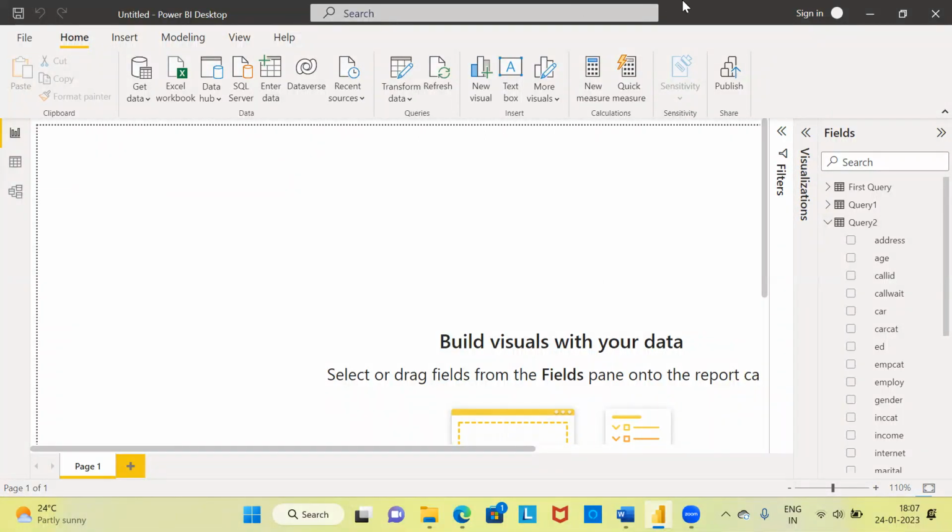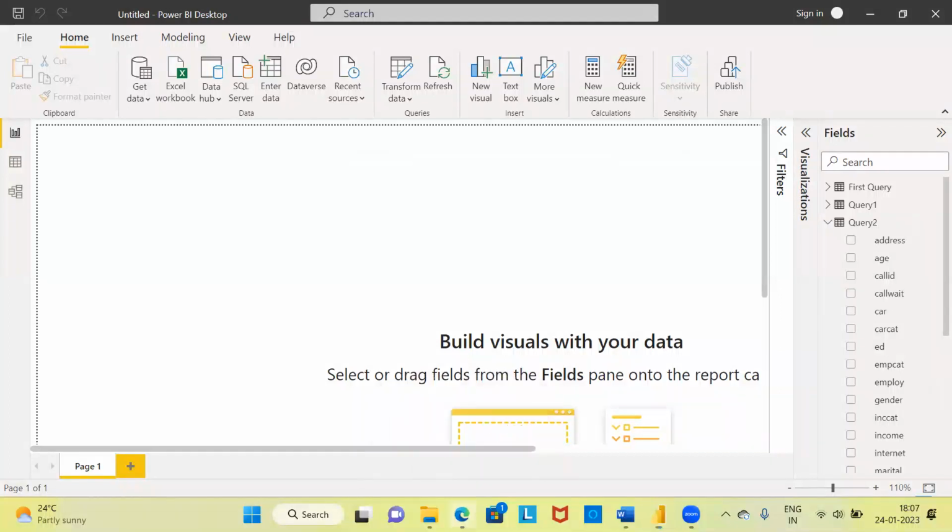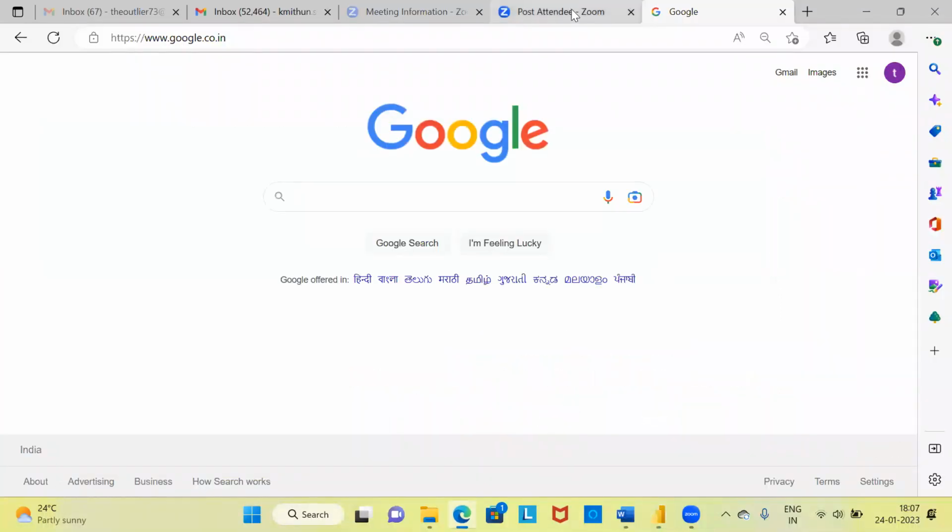With this, I have come to the end of today's video. In today's video, what we have seen is how to import a file. We have successfully imported